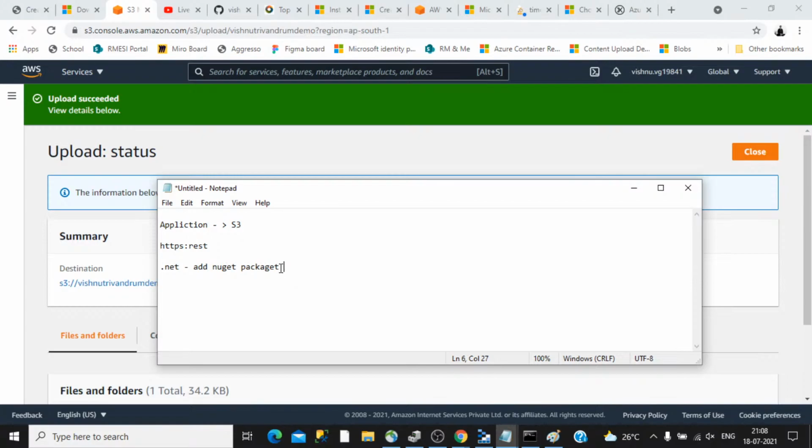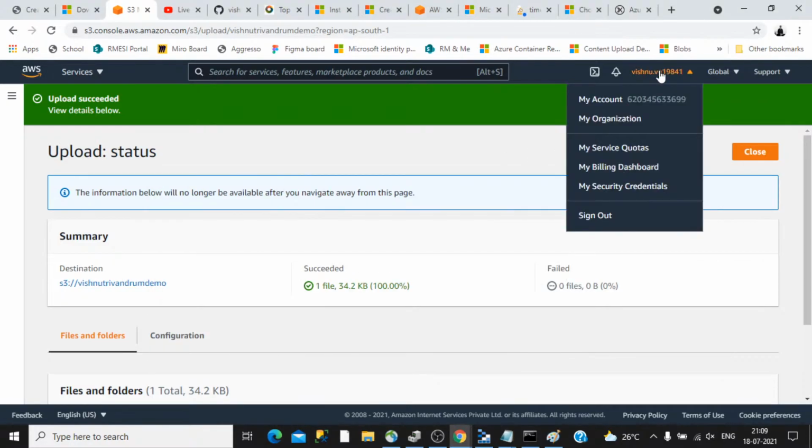But for your application to access this S3, it needs authentication. It has to pass a certain authentication as well. So for that you have to provide a storage key and secret. This is an important concept.